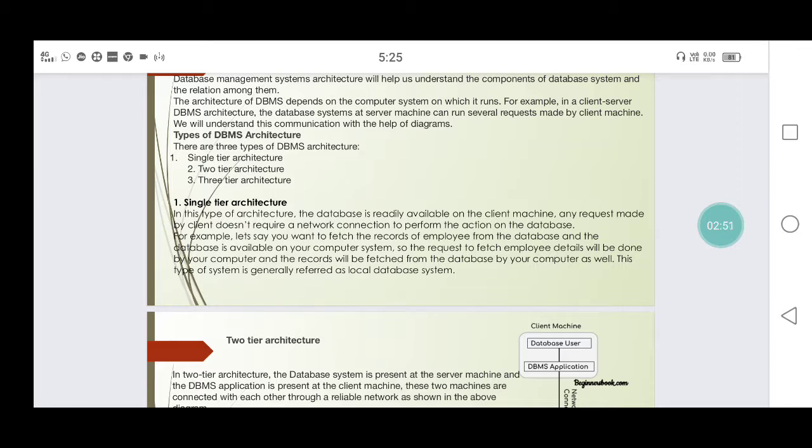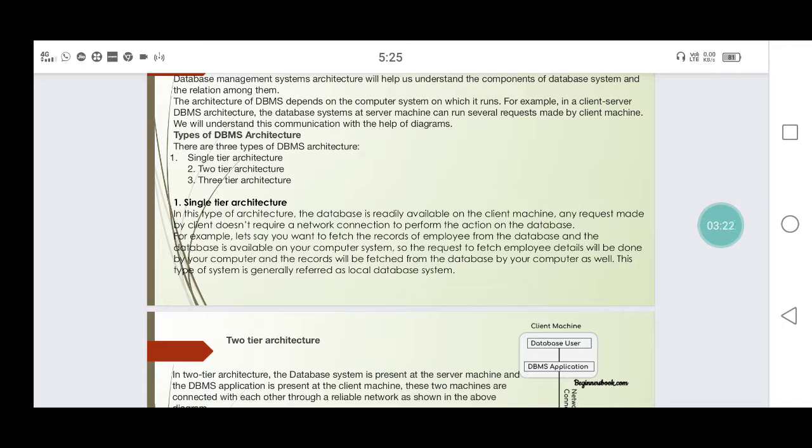The database is available on your computer system, so the request to fetch employee details will be done by your computer, and the records will be fetched from the database. You have all the records in the database, and you fetch the records from that employee database file. This type of system is generally referred to as a database management system.